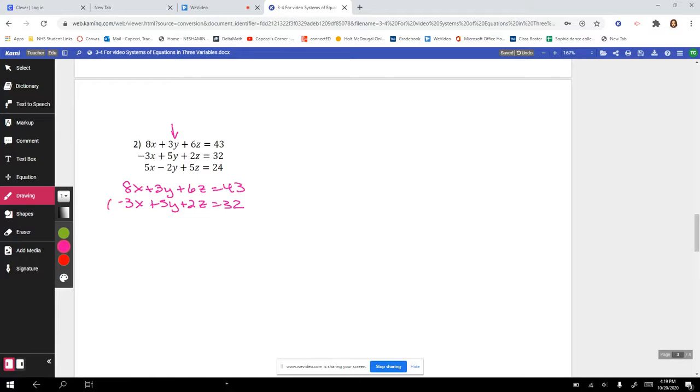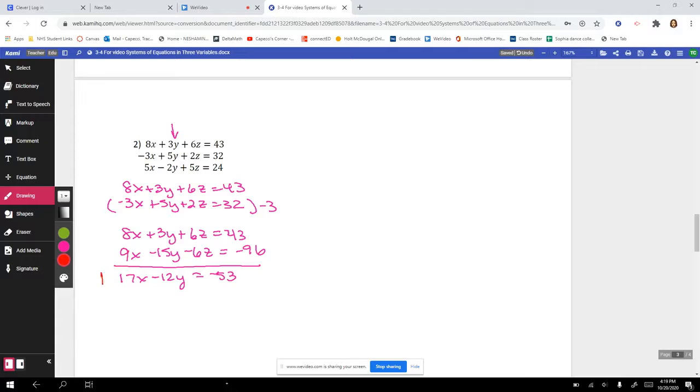So I realize if I multiply the bottom one by negative 3, I should be okay. So I have 8x plus 3y plus 6z is equal to 43. And then I have 9x minus 15y minus 6z is equal to negative 96. I add my terms. I have 17x minus 12y. Now my z zero out, which is the point, is equal to negative 53. So again, I'm going to come back to that one. That one is my equation that has only 2 variables. So now we'll go back up to the top,